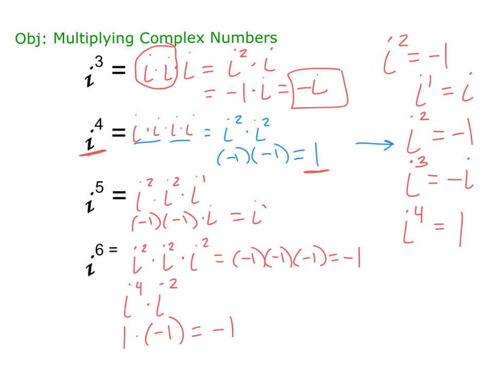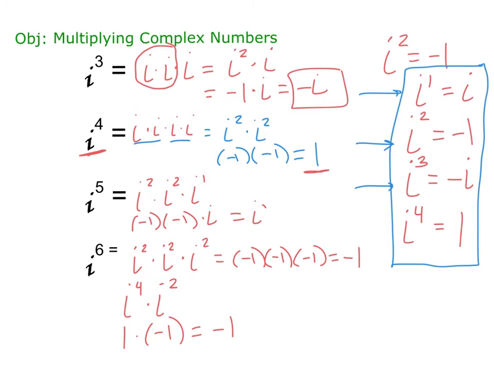Notice i to the 5th was the same as i to the 1st. What do you think i to the 7th will be the same as? Notice every 4 i's we kind of start over, right? Every 4 i's we start over. So this is like the key here. So i to the 1st is i, i to the 2nd is negative 1, i to the 3rd is negative i,